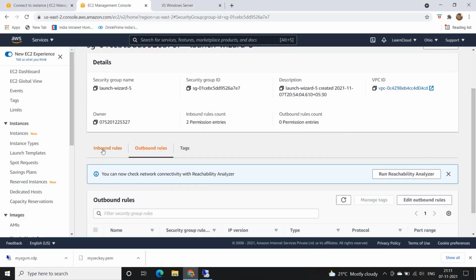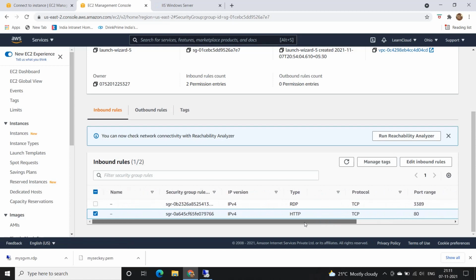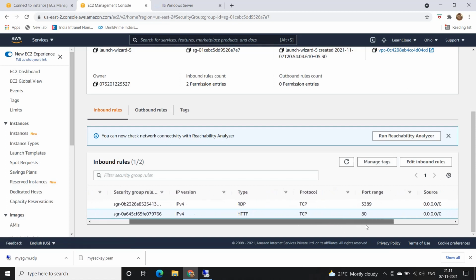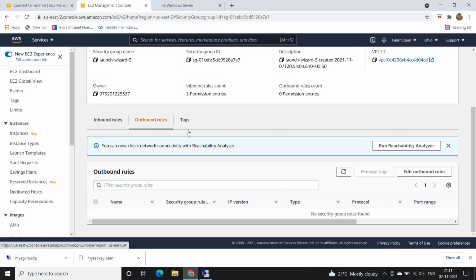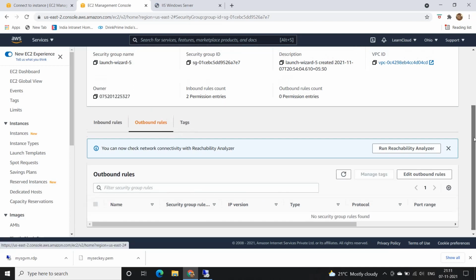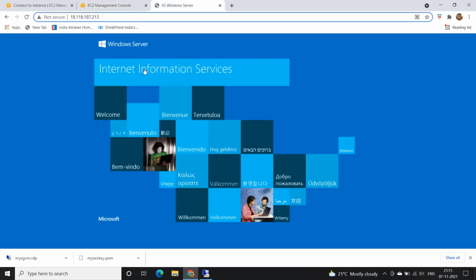So if you see in the inbound rules, I have defined port 80 is allowed. So if the traffic goes in one direction, the response of the traffic is allowed in the other direction, irrespective of whether it is defined in the outbound rules. So as you can see, it is able to access. So that's the point I wanted to make.